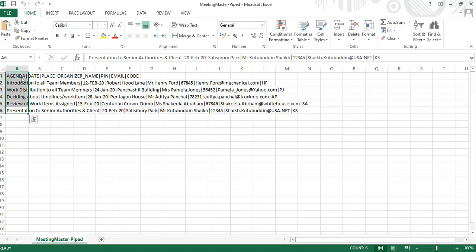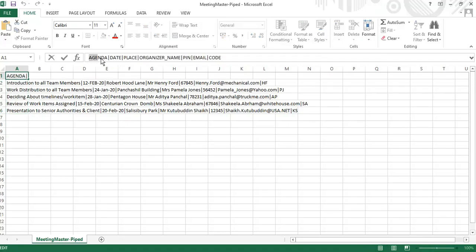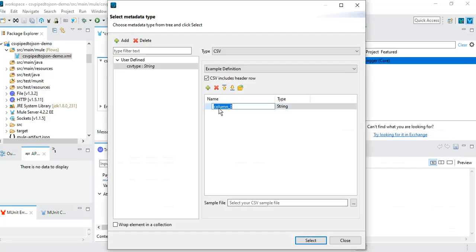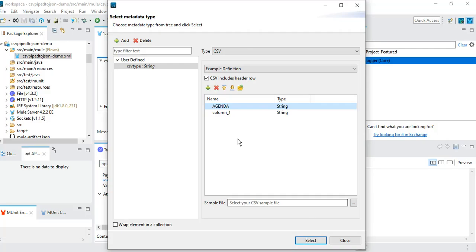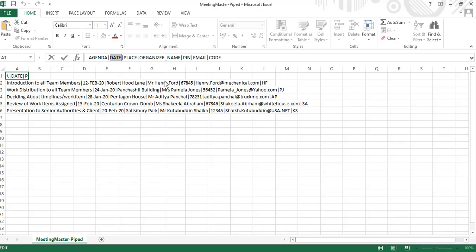So I'll say this is the agenda. Let me copy that, enter, plus let me take the next one, date. Let me copy that, date, enter, plus let me take the third one, which is place.